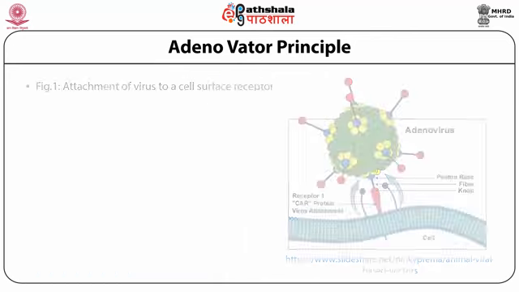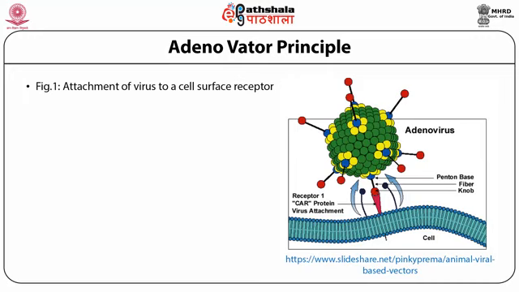This is the cartoon of the adenovirus showing attachment of the virus to the cell surface receptor. As I told you, cell surface receptors are very important for attachment of the virus, and this is the first step of entry into the host cells. So if we block this receptor, we can stop the entry of the virus into the host cell. Lots of work is going on, and scientists are working on procedures to block these receptor sites, and when these receptors bind to the virus and protein, there is virus attachment with the host cells.